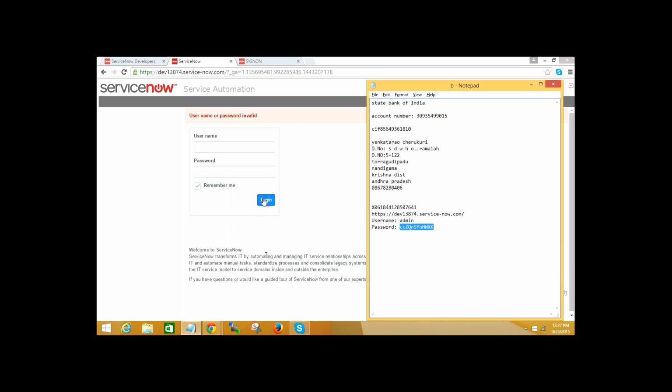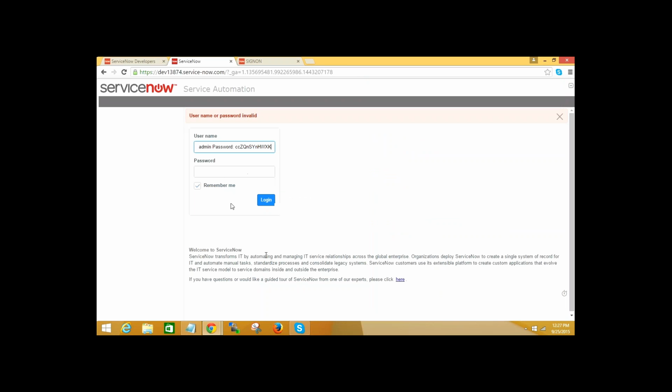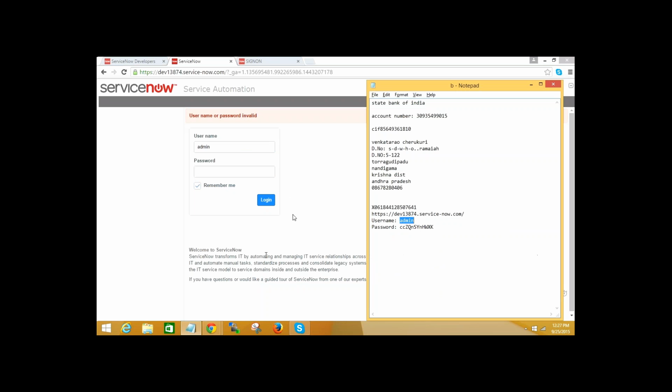Can anyone else log in to the ServiceNow instance apart from Venkat? Sumant, yes. Can you again copy admin? Arun is also able to log in. So something is being copied wrong. That is the reason. So type admin, and copy and paste the password into the notepad again. We'll double check and then copy paste it here.